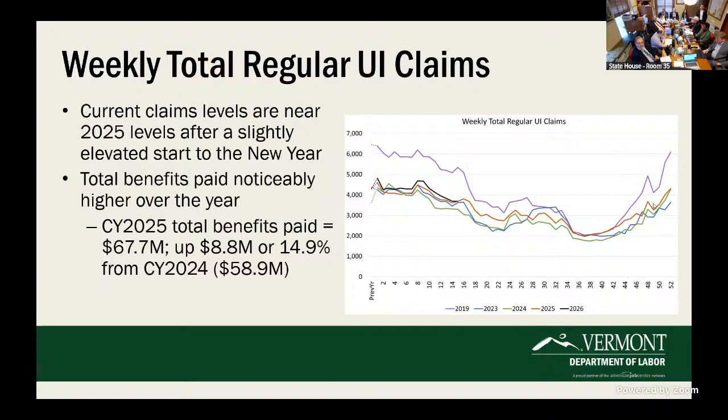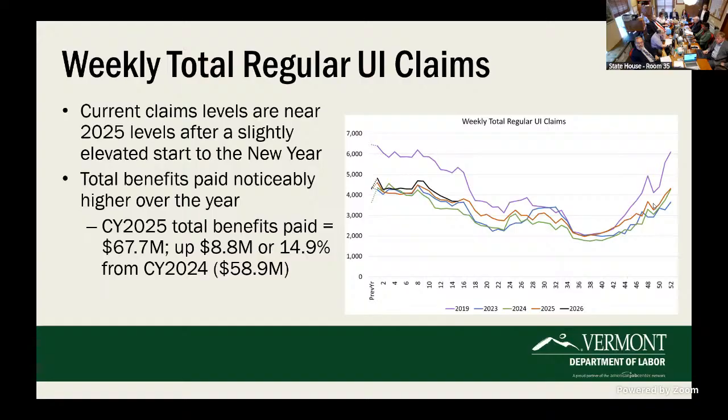And the black line is our current levels. And so we've been really tracking this black line because it has been slightly higher. And the last part of 2025 was higher than 2024, just slightly. So we're like, just, the red line being a little above everybody else, and now the black line being above everybody else. We're watching that on a week-to-week basis. This is one of the reasons that our trust fund is not growing as fast, is our claims are slightly